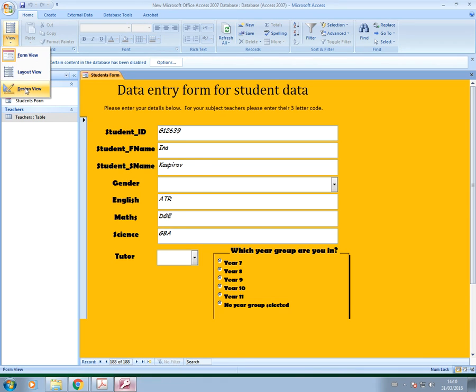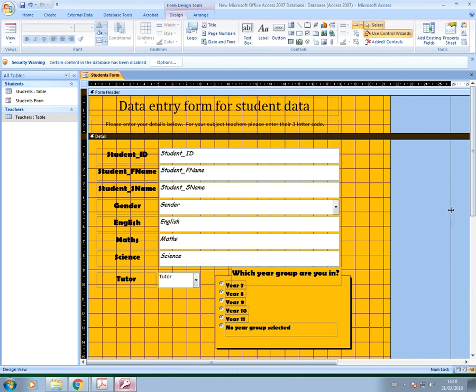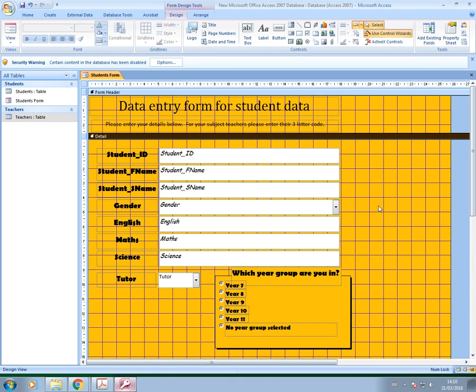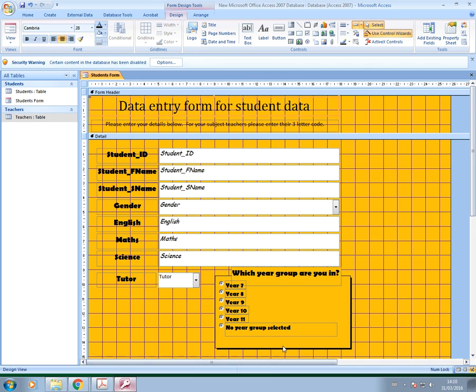So in design view, I'm just going to widen this a little bit as well, because I think I'm going to put my buttons here, and of course I need to adjust these as well, but I'll do that in the layout video. I don't want to do too many things in one video. Okay, so if you go to button in the controls section, and you draw out your button,